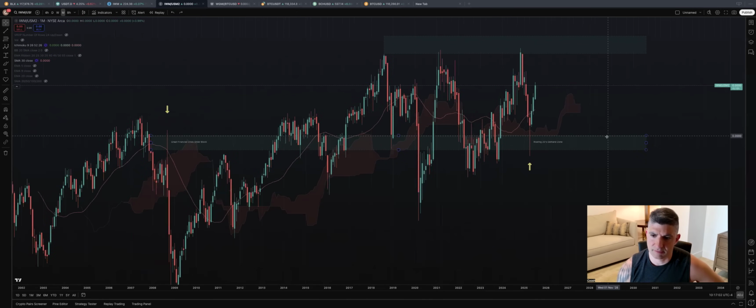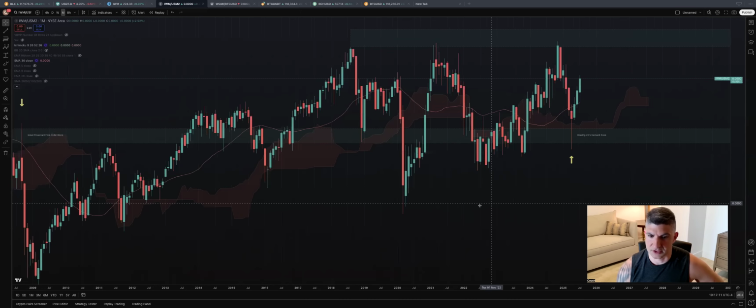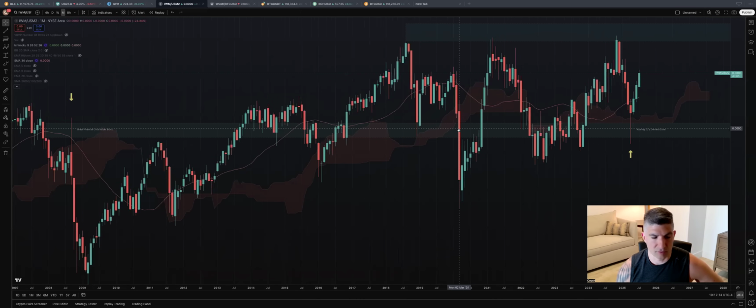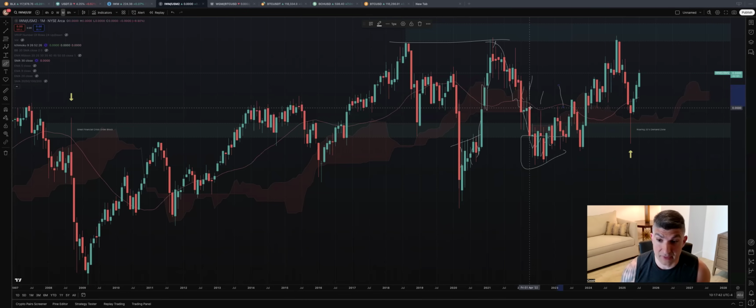You're saying this demand zone is important. Well, actually, that's exactly what this is showing us. What happened back in COVID, March 2020? We had a major candle through the demand zone. How many wicks? 1, 2, 3, 4, 5 wicks under it. Okay. And then it came through, got into the cloud, all the way back up to the top of a range, and then back down below it. 1, 2, 3, 4, 5, 6, 7 months consolidating below it. 1, 2, 3, 4, 5 months of rejecting on the 30-month SMA.